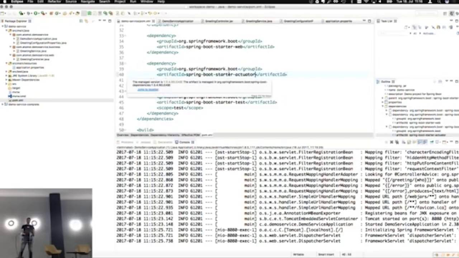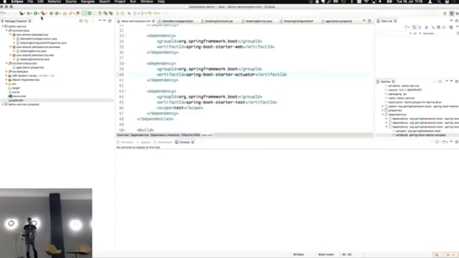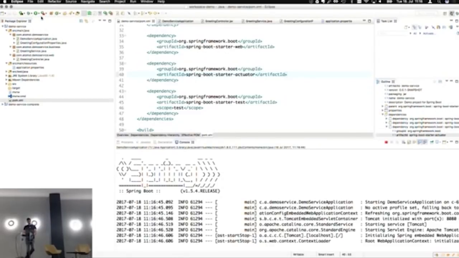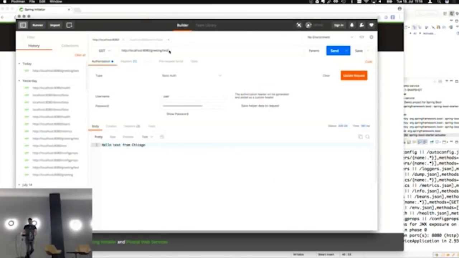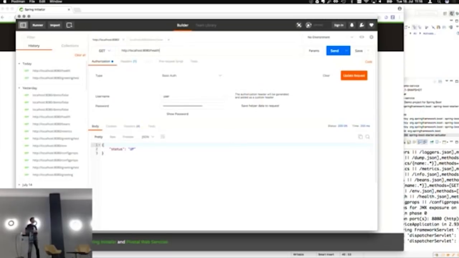And this by itself is enough to give you all the really nice features that Spring Boot offers you, like health checks and metrics enabled. So when we bring this up now, not again the Maven POM file, I can now go to my service and say, show me some health information. Well, that service is up. It tells me it is